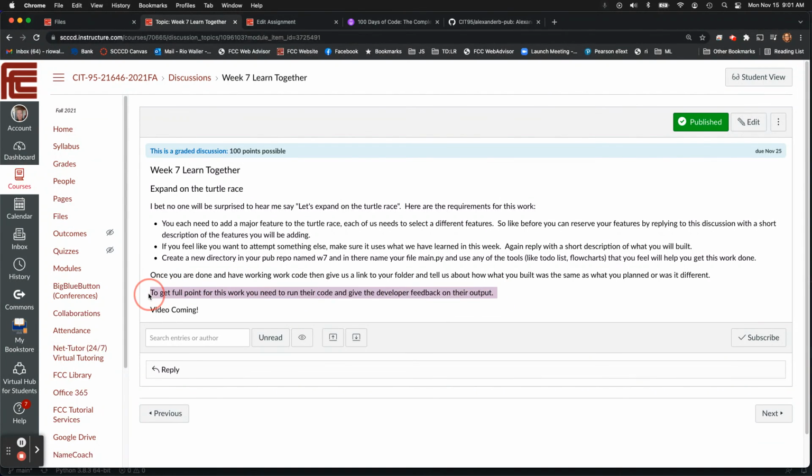I really almost want to say run two, but I'm going to give just one. You have to select somebody else's. And again, try to select somebody different. Don't everybody reply to the same one. If I see more than a couple of people replying to one person, I'm not going to give you as many points, because I want everyone to get feedback on whatever they expanded for the turtle game. Okay?